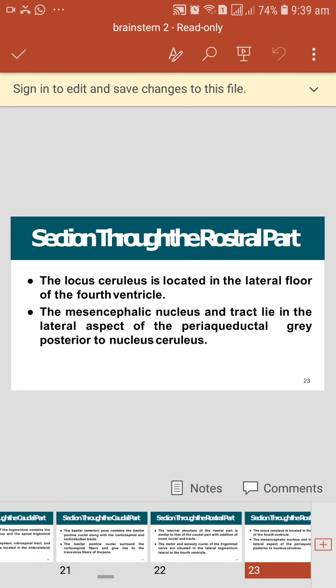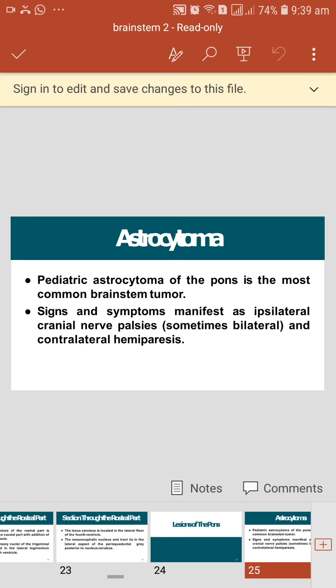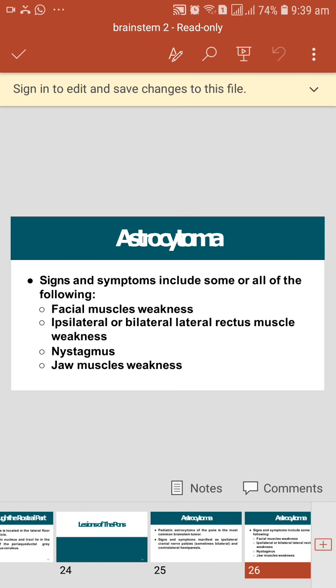Then we come to the lesions of the pons. First one is the astrocytoma. This is a tumor, mainly a pediatric tumor, and its signs and symptoms manifest as ipsilateral cranial nerve palsies and contralateral hemiparesis. Its signs and symptoms will include facial muscle weakness, ipsilateral or bilateral lateral rectus muscle weakness. As you know, the 6th cranial nerve supplies the lateral rectus muscle. That is why when there is a tumor, there will be compression on these cranial nerve nuclei,